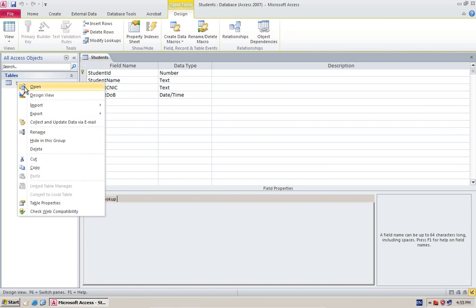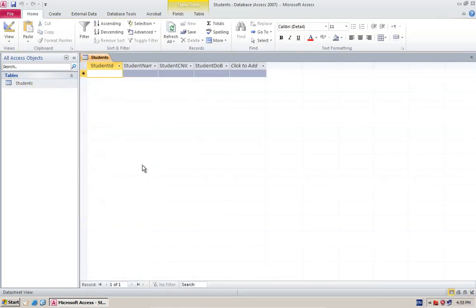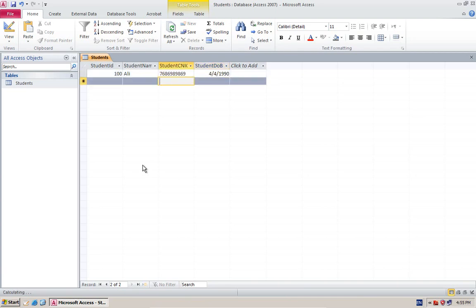Now open this up in the data view and let's add some student records. So 100 is the ID of the first student we will be adding, and then just add a few more records over here. I'll add Ali and then give it a fake number, then date of birth is 1990. Okay, that's fine.